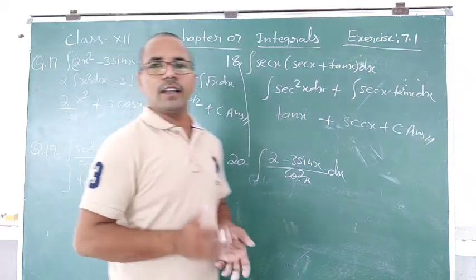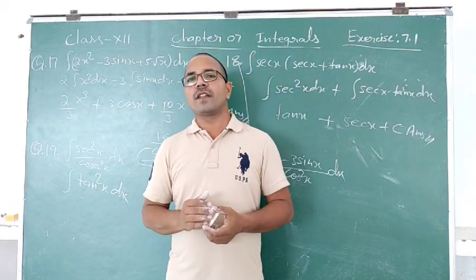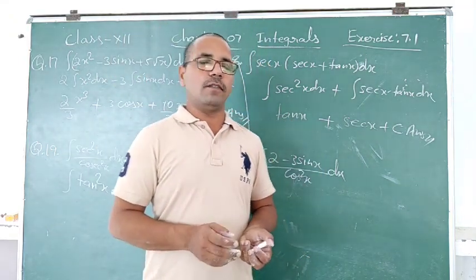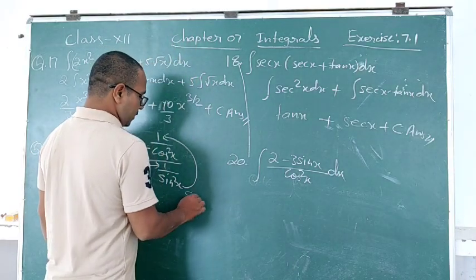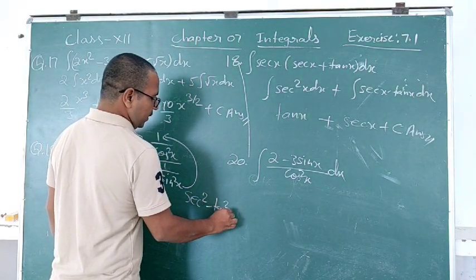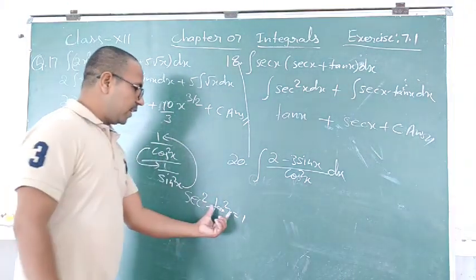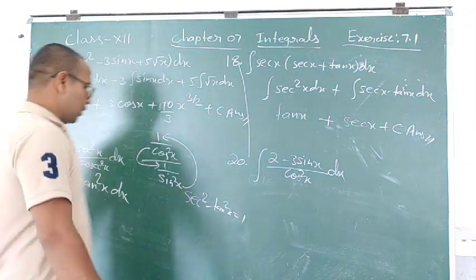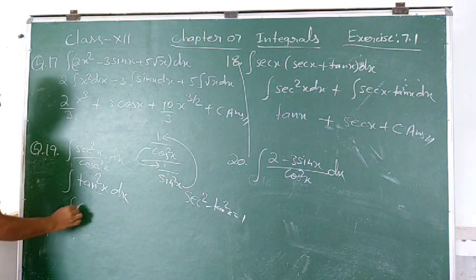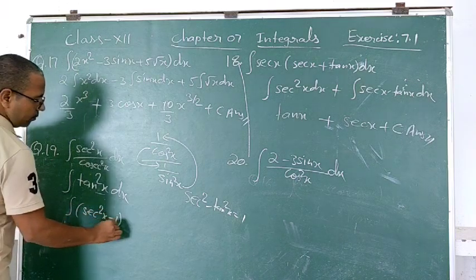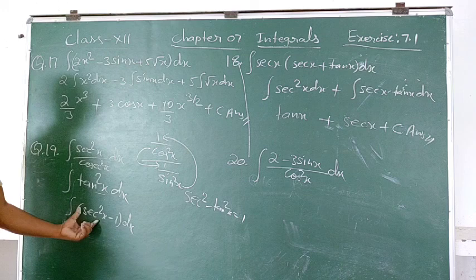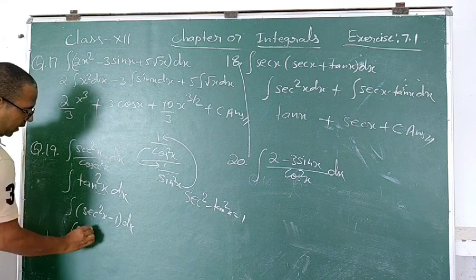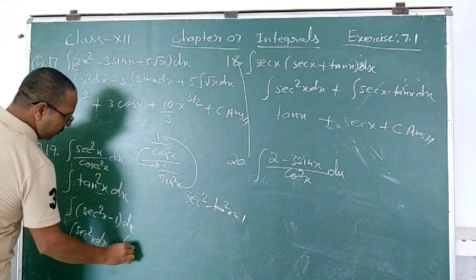Now students, have you learned the integral of tan square x? No. So what do we have to do here? We will use one identity that we know: sec square x minus tan square x is equal to what? 1. So finding the value of tan square x, you will get sec square x minus 1 equal to tan square x. So in place of tan square x, we write sec square x minus 1 dx, because this integral we know. The integral of sec square x we know, so that's why we have changed it. So the integral of sec square x dx minus the integral of 1 dx.